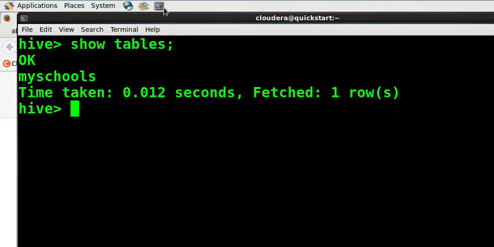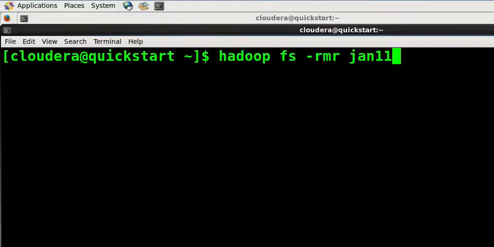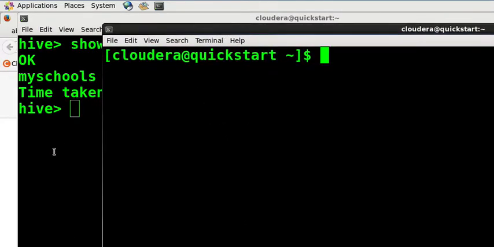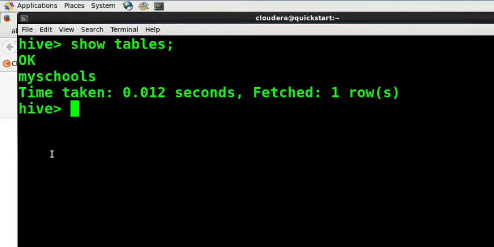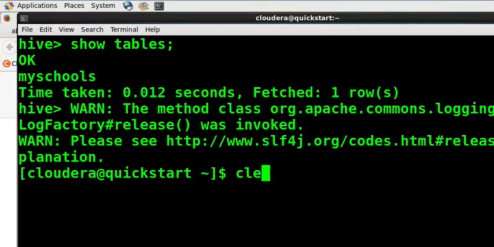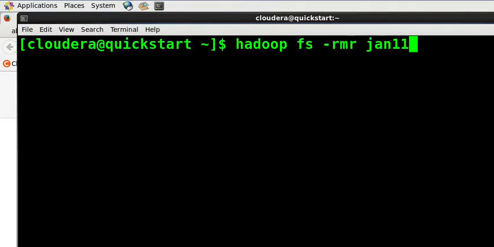Go to another command prompt and execute your Sqoop command. Where is it? Is there a Sqoop command available? I think it should be available in yesterday's one, right? Control D. I think if I use this terminal, I will get the Sqoop command. No. Sqoop